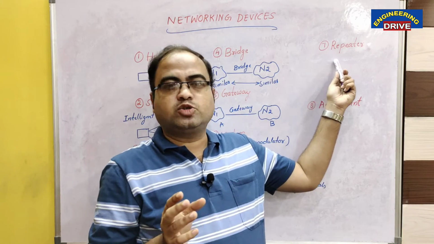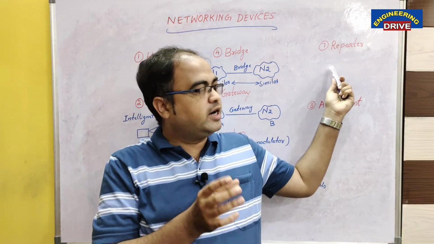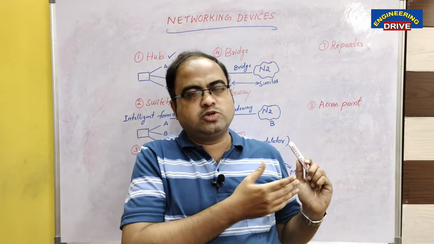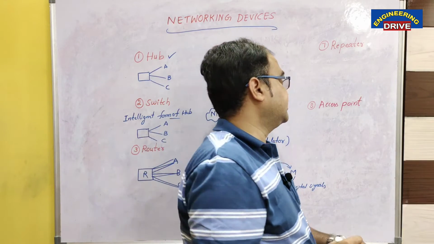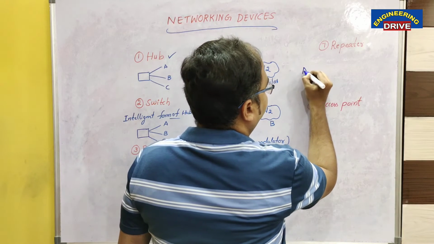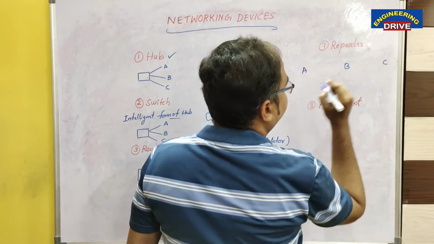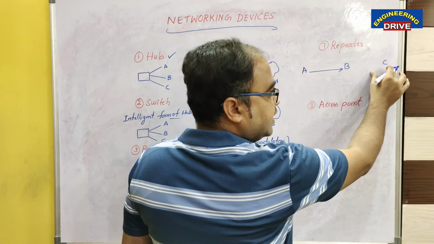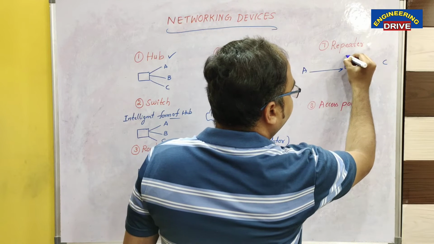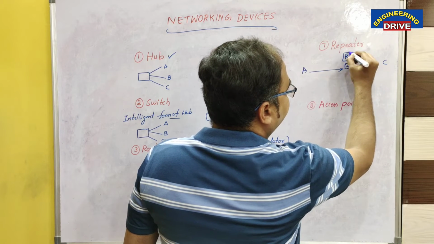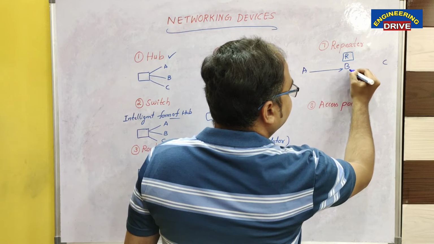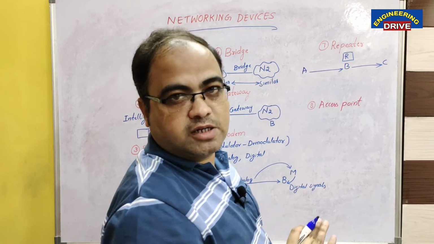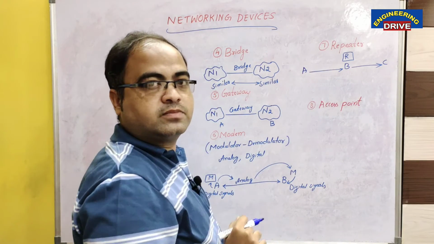In the same way, this repeater will also work. It is an electronic device. If we are unable to get the signal to a long distance, then we can make use of this device and prolong the distance. Okay, let us say A, B and C. From A, the signal only reaches B, but it is not reaching C. So what we can do here is install one repeater. This repeater will amplify the signal so that it reaches the receiver C, or the device C, also. This is how a repeater works.